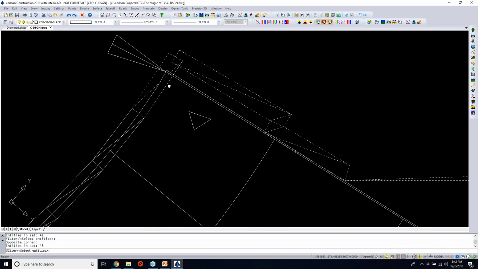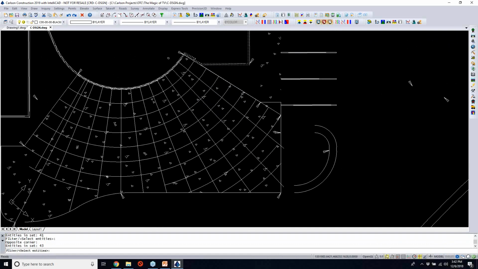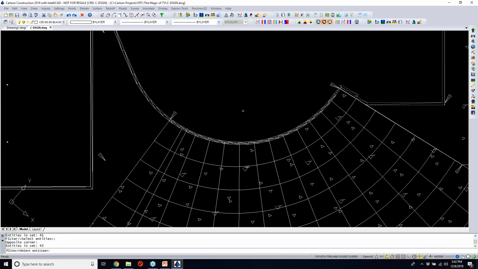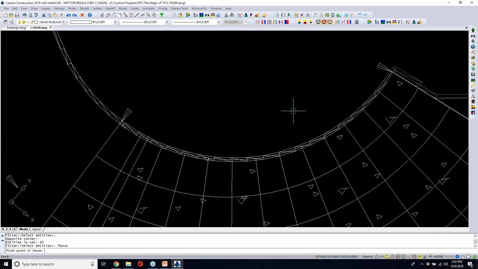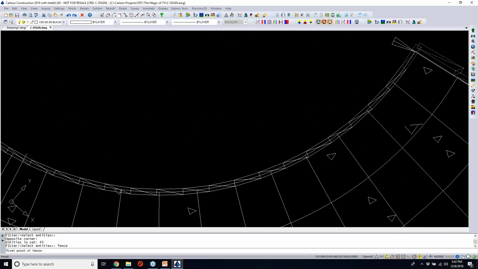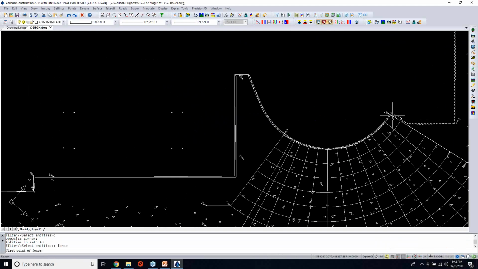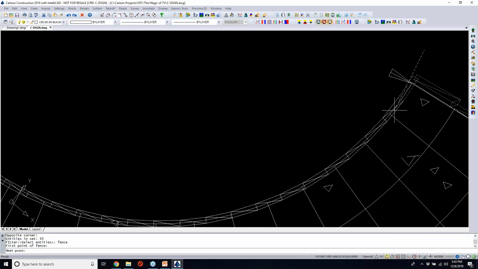So in some of these circular areas in here, maybe a crossing polygon would be good, or again, I might like a fence. So let's go ahead and try that again in here. So if I try the fence, and this is where my snaps are killing me here. Let me disable the snap settings in here. So if I get that in there, what I can do is get through there, and this lets me not have to try and get sort of a rectangular shape. And if I just clip through each of these guys,